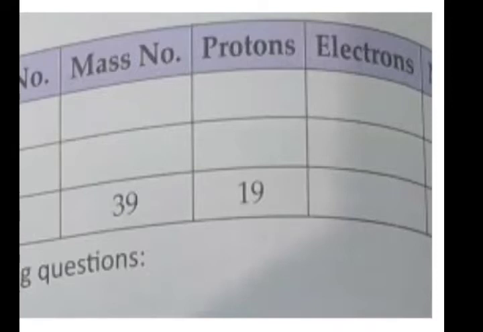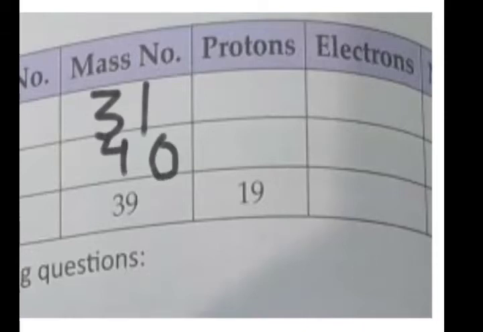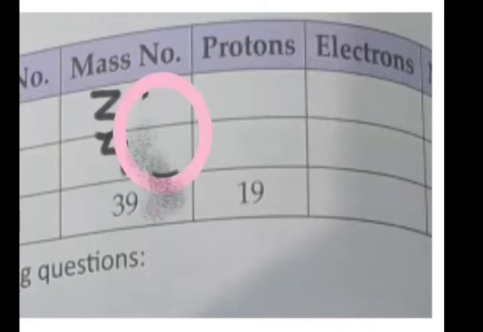You can easily find out because atomic number signifies the number of protons, so protons plus the neutrons give you the mass number. So that becomes how much? That is 31. And then for argon, 18 plus 22, the neutron column is not very clear, you can see from your book, this is 40. Is it clear? This is 40.